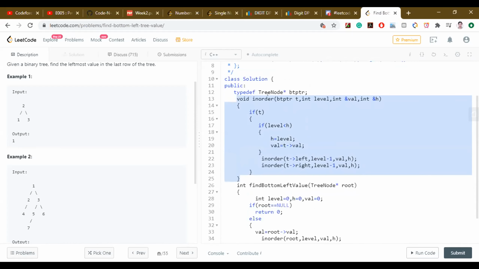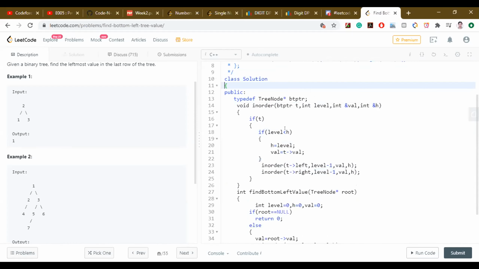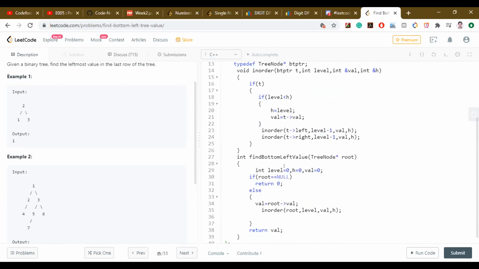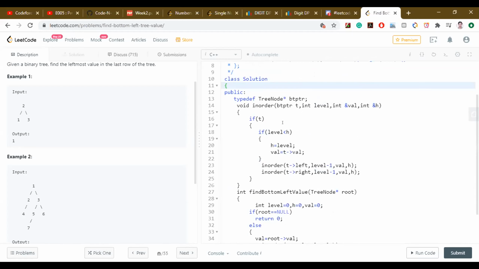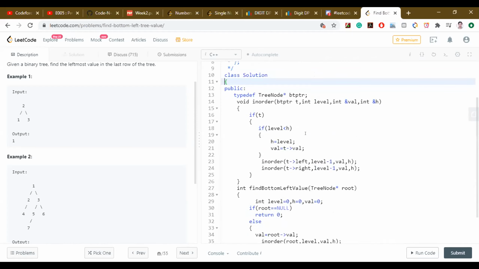You're not using any space also. Is that in-order or pre-order? Pre-order, sorry. Yeah, I think it is the same as what Shashank implemented, right? But kind of, but he was using an n square solution.